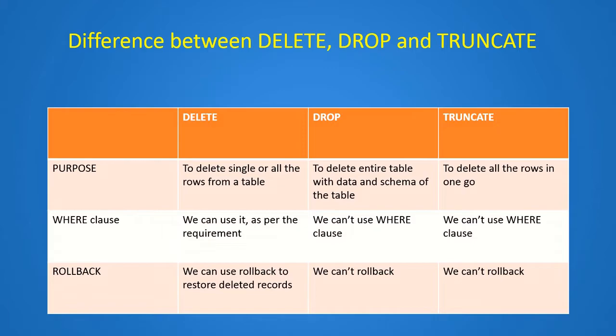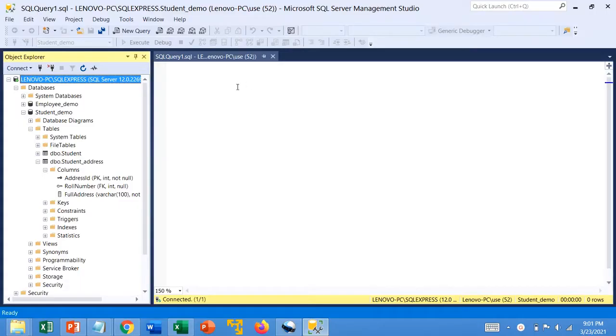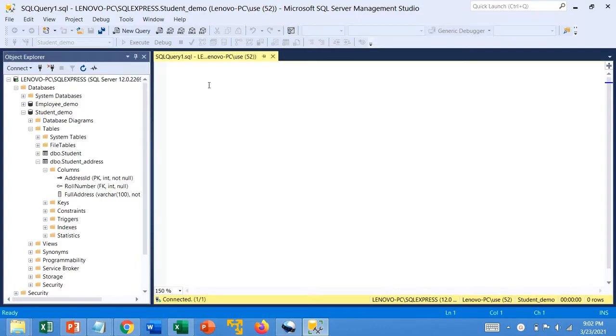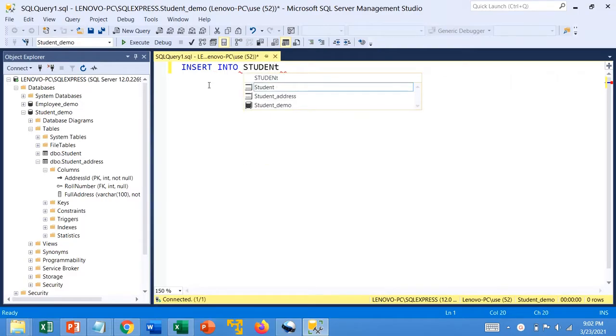Now we will jump on to practical. First we will see how to insert a record. Let's see how to insert single record in table. For that we will insert record in student address table, and we have columns address ID, roll number, full address. The query is insert into table name, which is student address,